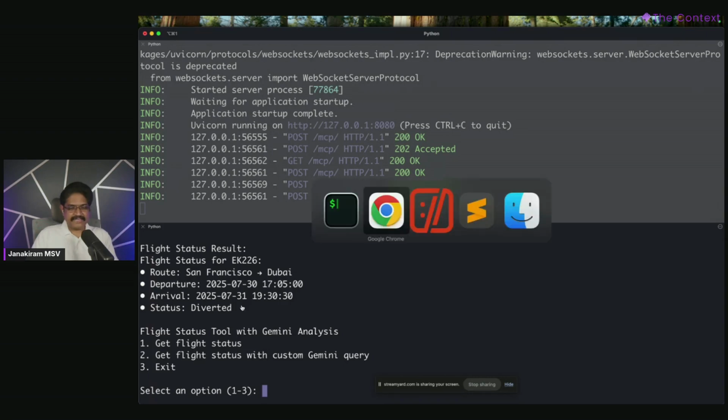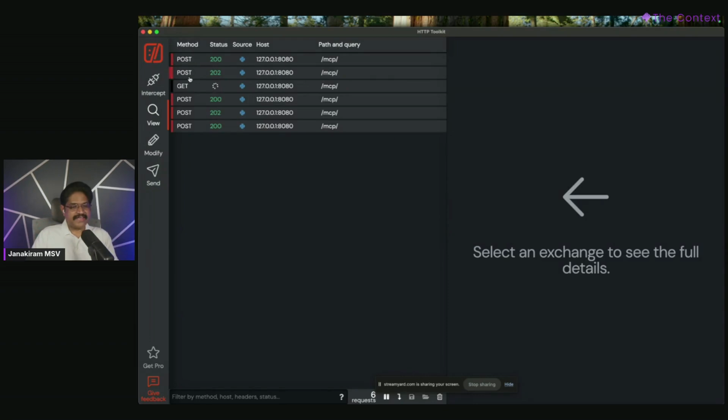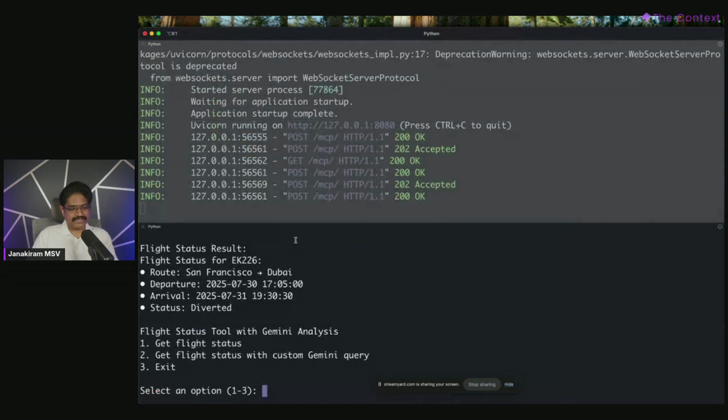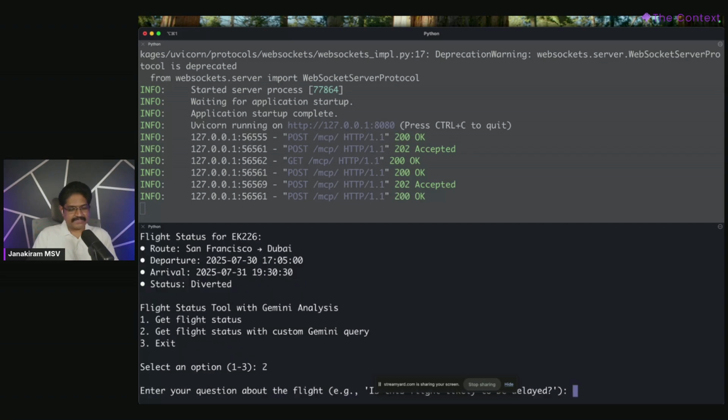Now, when we look at the logs, again, exactly the same workflow. A POST first and then a GET. We haven't deleted because the session is still active. Now, what I'm going to do is I will involve the LLM and I will invoke the same tool with elicitation and send the entire context to Gemini. So here it is asking me